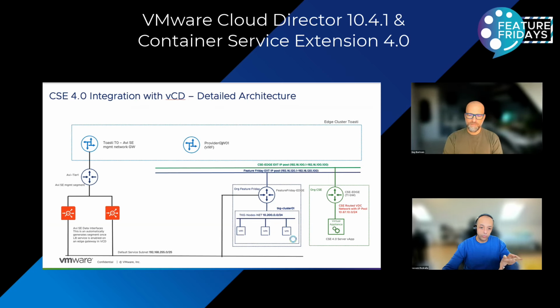And then for the Avi part, which is the most interesting part, you'll have to have an Avi dedicated tier 1 router, where you actually have your service engines. You'll create a logical segment for your Avi service engine management interfaces. And then this one here, which is the data interface logical segment, would be created automatically once you enable Avi or load balancing on the edge of your tenant, for example.